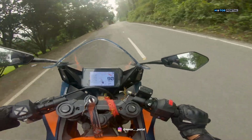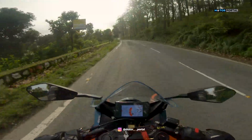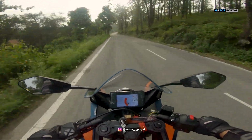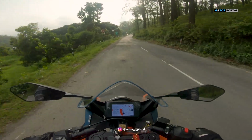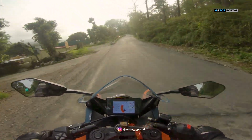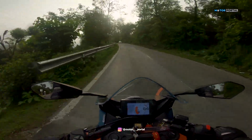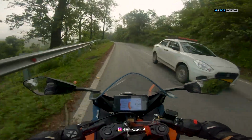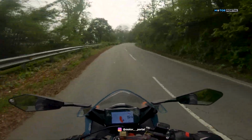but this too has got a lot of punch and performance. Now this version has got a bigger airbox and a new exhaust setup, so it sounds good, and it has got 1 Nm more torque to offer. It produces 37 Nm torque, as I said, so yes, it cannot be felt, obviously, it's just 1 Nm torque,